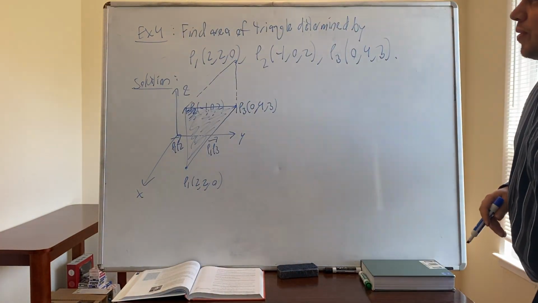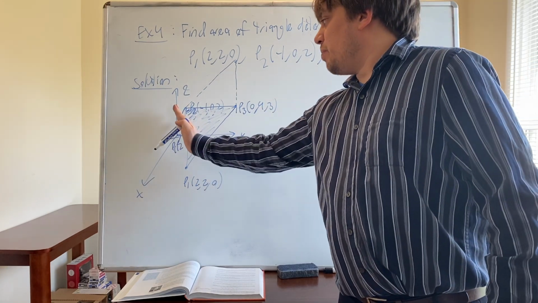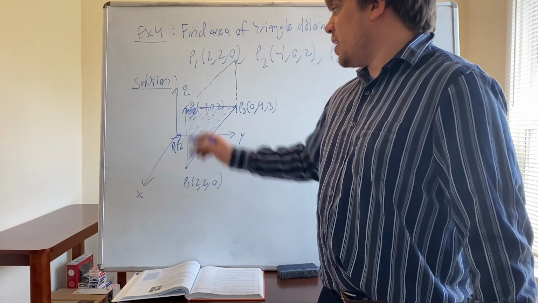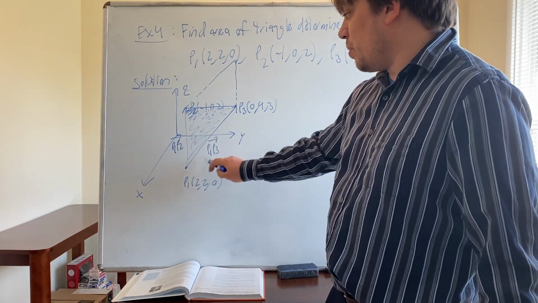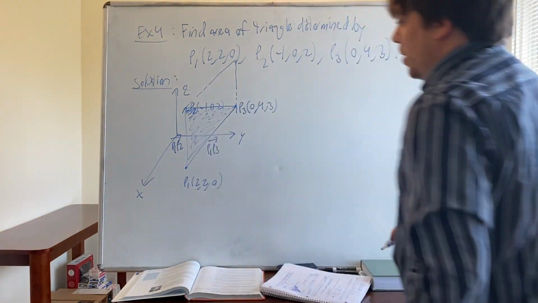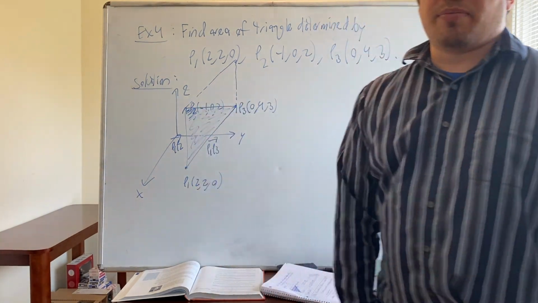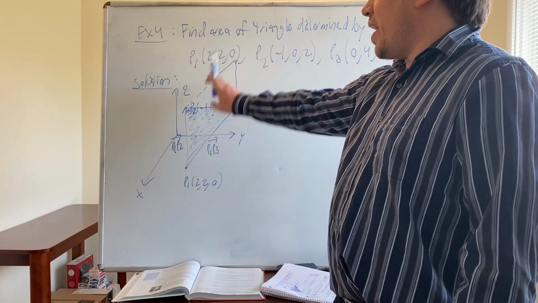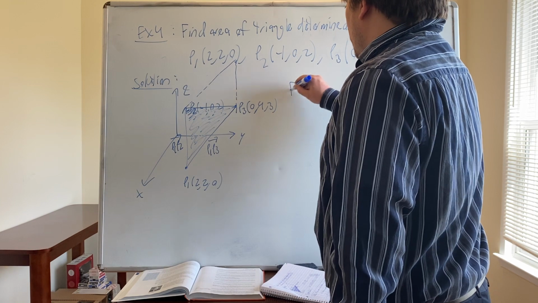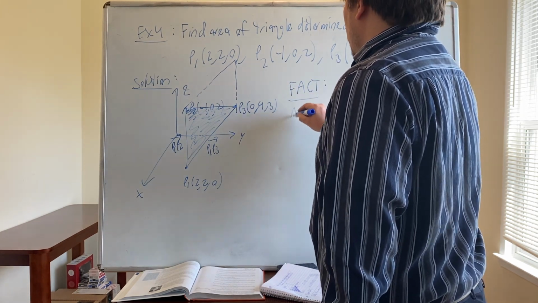Good. So now that parallelogram that I outlined here is the parallelogram determined by vector P1P2 and vector P1P3. Again, vector P1P2 starts at P1, ends at P2. Vector P1P3 starts at P1, ends at P3, in that direction. And so that's the parallelogram determined by those two vectors. If we take the cross product of P1P2 and P1P3, we'll get the area of this parallelogram, and you can see that the triangle is half of that area, so we're just going to take half. So let's put this fact on the board, that the area of the triangle